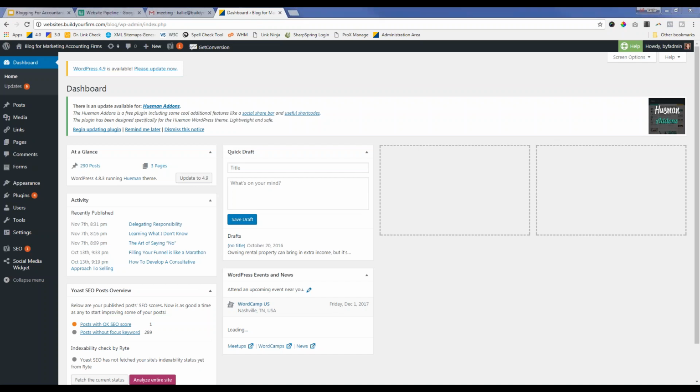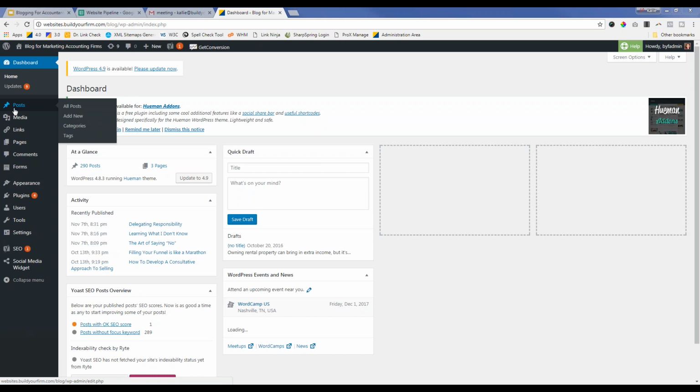Okay, so if you've never blogged before, then this might look totally new, or maybe you've seen it a little bit before, but in general, this is just going to be a WordPress dashboard. Like I said, there's lots of stuff on here, but in order to create a post on your blog, you really don't need to know a lot of this. You really just want to go into creating your blog post. So right over from the left navigation, you have all of these choices. There's lots of stuff you can do.